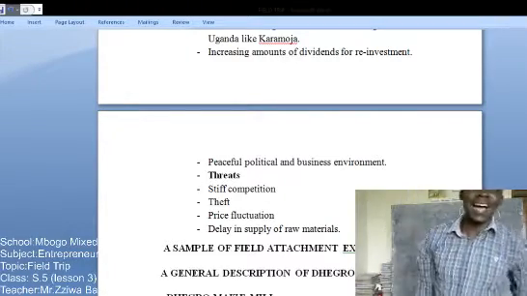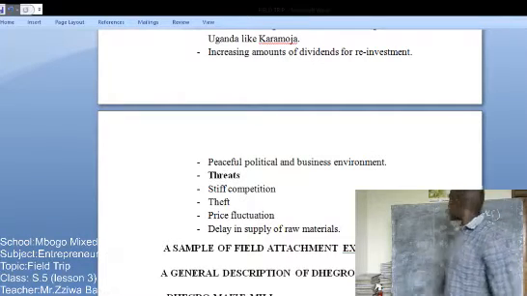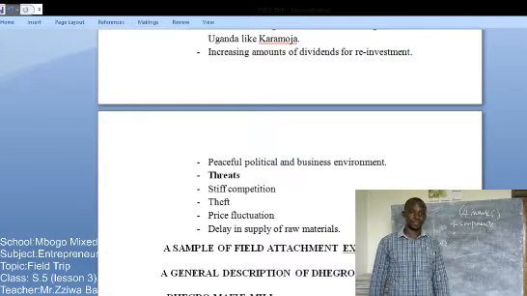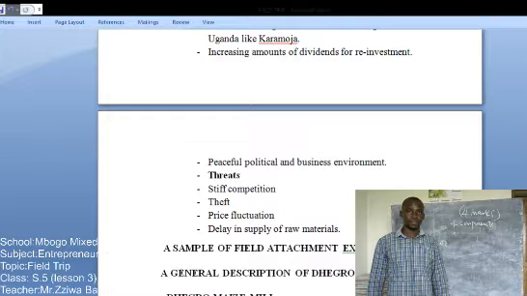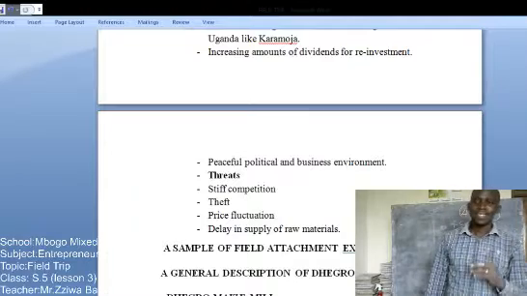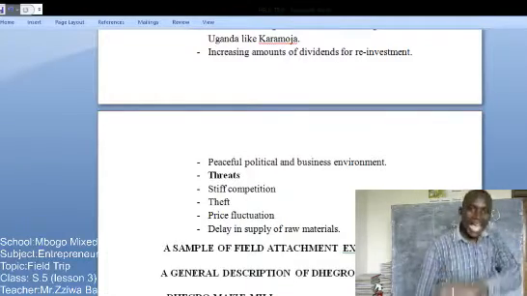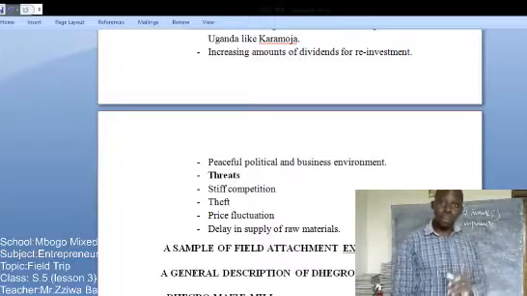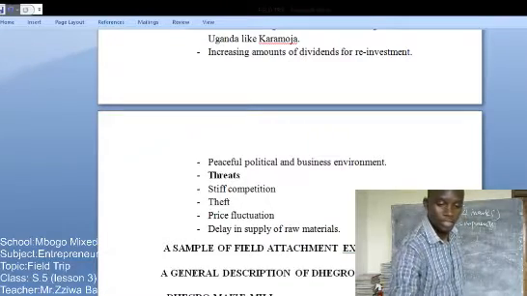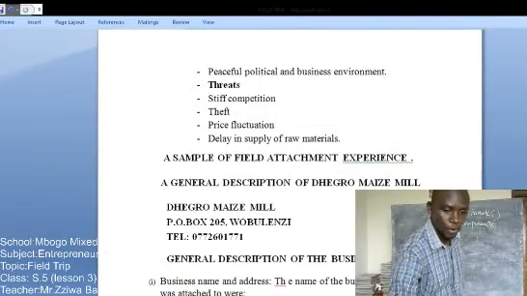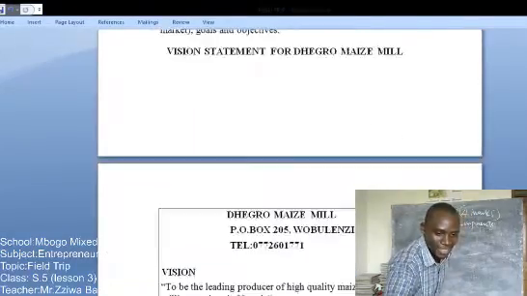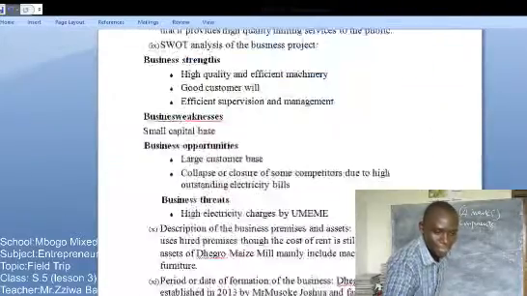Do not write whatever is presented under a general description. Yes, we shall mark all, but allocate you only 4 marks. And that's why in paper 3, students normally complain about time. Time wasn't enough. Learn how to budget for the little time allocated for paper 3. So that is our general description. Hope you have been noting down.